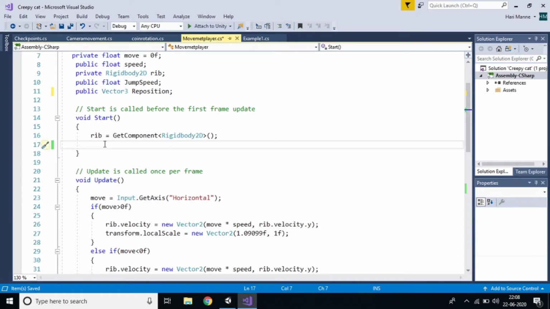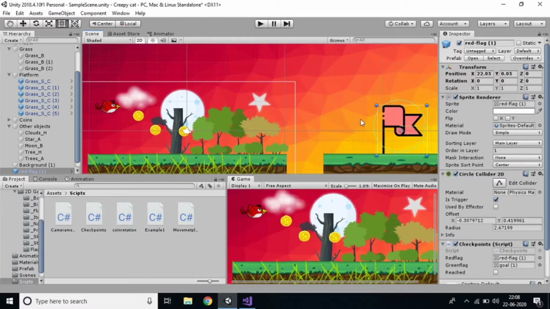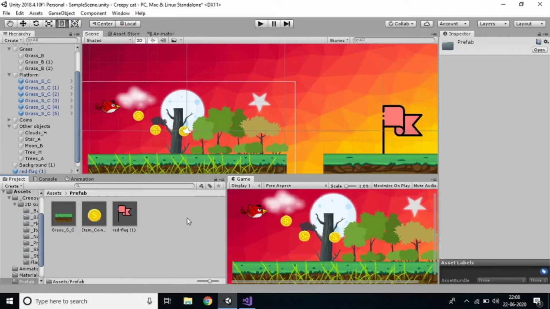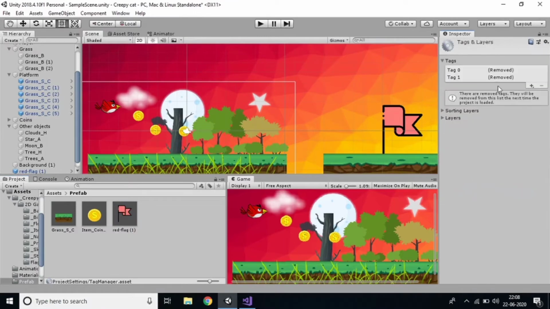Reposition is equal to transform.position. I'm equating, that's it. And now my scenario is, if the player touches the checkpoint, for that I want to create a tag in Unity. Click this one, go to the prefab and add a tag, name it checkpoint.